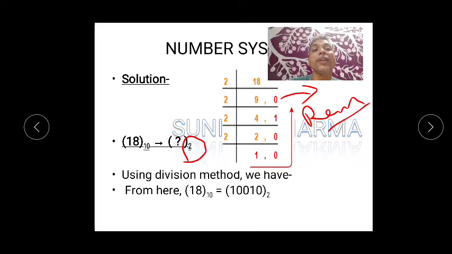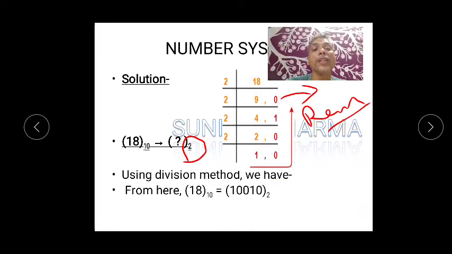Then again divide by 2, only till this number is smaller than this. Okay, so 9 divided by 2, 4 2s are 8, 9 minus 8, remainder is 1. Then can you see, 2 2s are 4, so remainder will be 0. 2 1s are 2, remainder is 0. And again we have to write this 1. So don't forget, can you see I just put this kind of arrow. Remember you have to move from bottom to top, not from top to bottom. You have to move it from bottom to top.